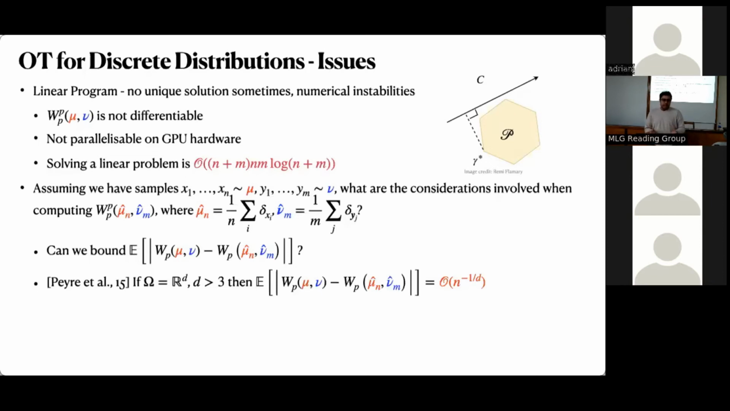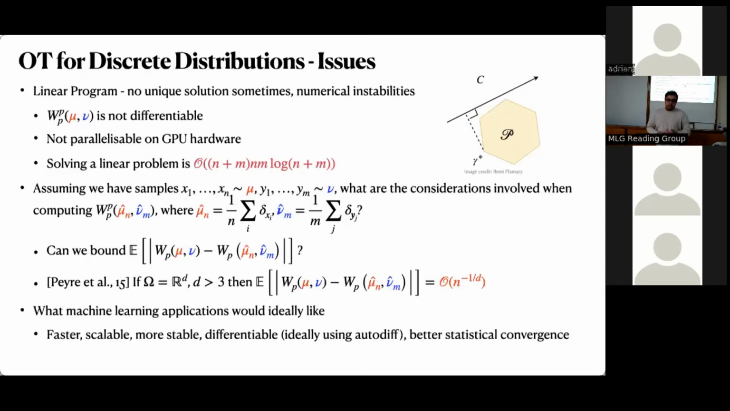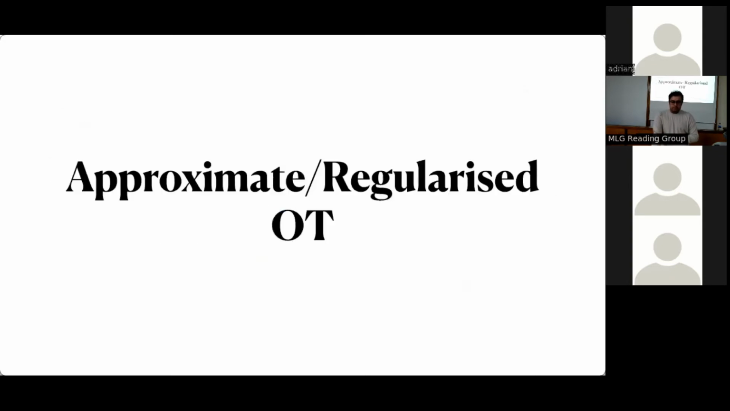So what actually ends up happening is that the Wasserstein distance of your empirical distributions is in practice very far from the Wasserstein over what the true underlying distribution should look like. And this scales with 1 over 2, which is again quite intractable. And so what we would like for machine learning applications is to have a method that's faster, scalable, differentiable, ideally through autodiff, and have better statistical convergence properties. So if we have a way of approximating a distance between two underlying distributions, and the empirical distribution should also tend to this. And that brings me to the other part of the talk, which is talking about a lot